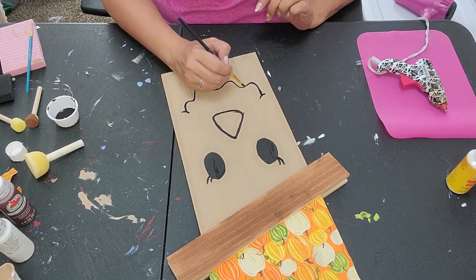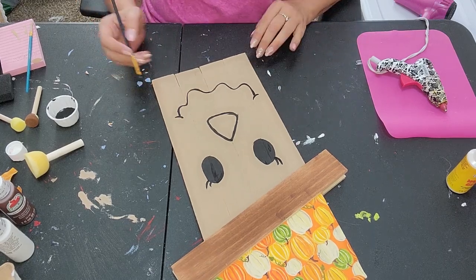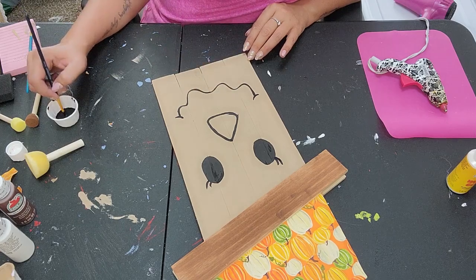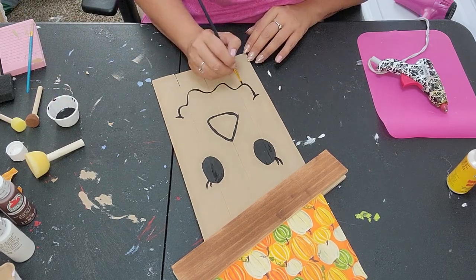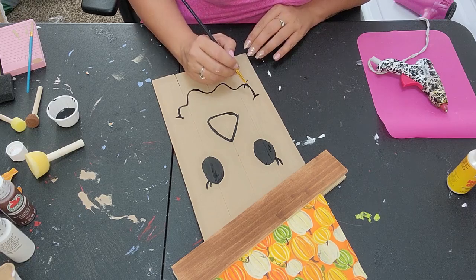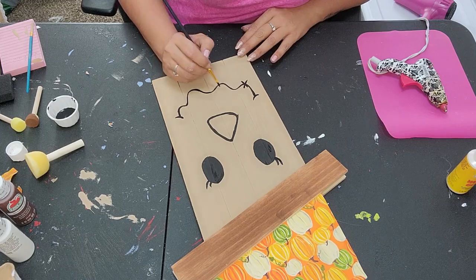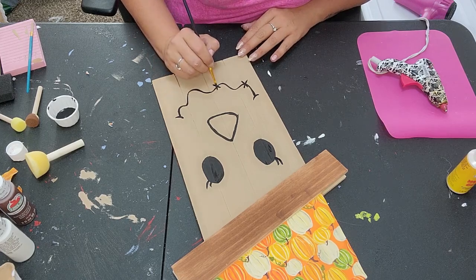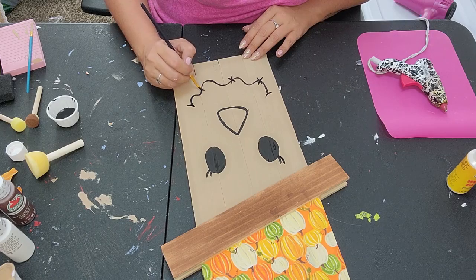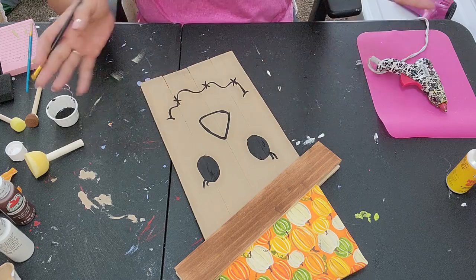This is the hardest part for me, guys. I don't draw or paint, really. So we have the little mouth here. And we're just going to add a little bit to it. And then we'll add the rest to the face here. We'll just add like a little bit of stitching. I guess maybe that's what we want to call it. On the mouth. There. Ta-da! All right,